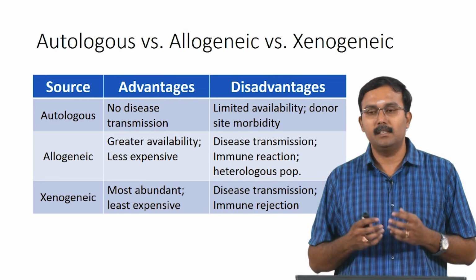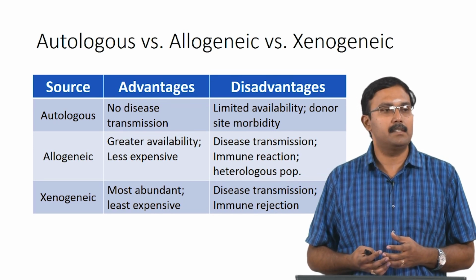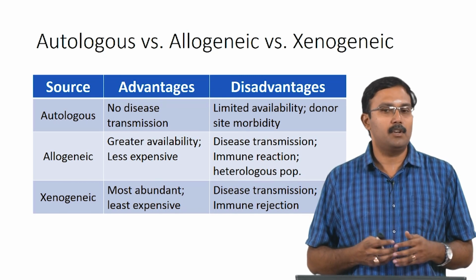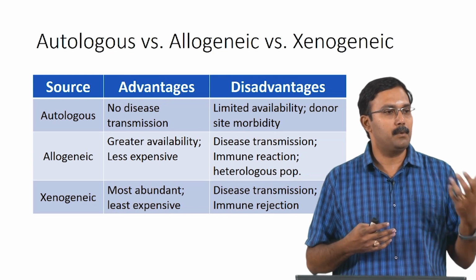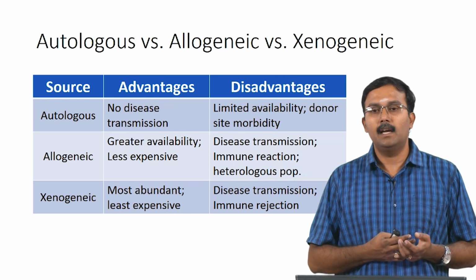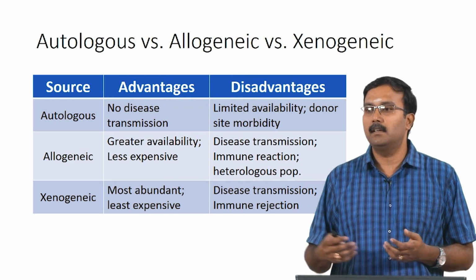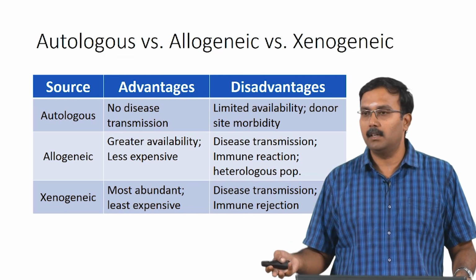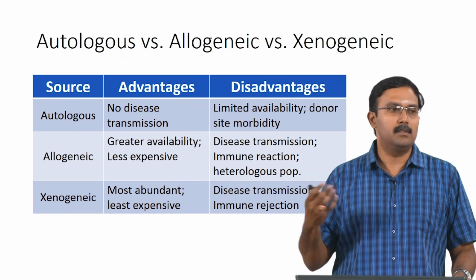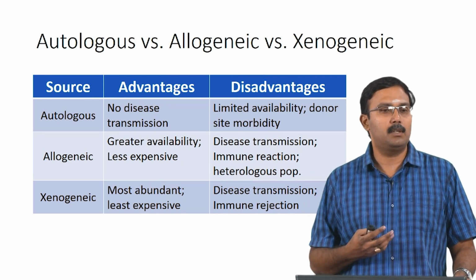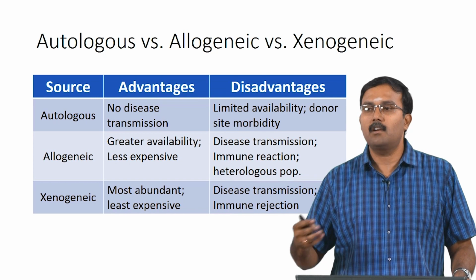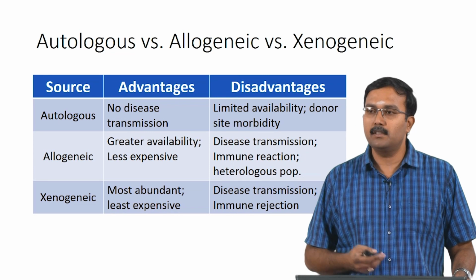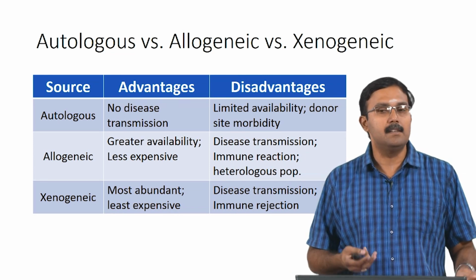It is important to balance these advantages and disadvantages. People do try to use autologous cells as much as possible. However, it is not readily available. In many cases, what people do is they try to harvest autologous cells and then culture them, expand them to get desired numbers, and then use it for treatment of the injured site. In the introduction lectures, we had actually talked about using autologous chondrocytes for regeneration of cartilage, right. Those kinds of things are very commonly done even today.